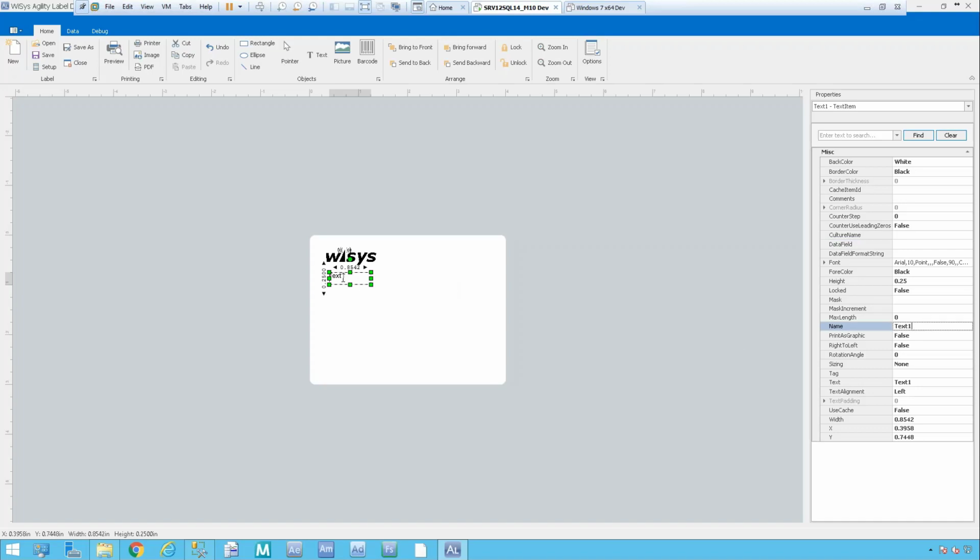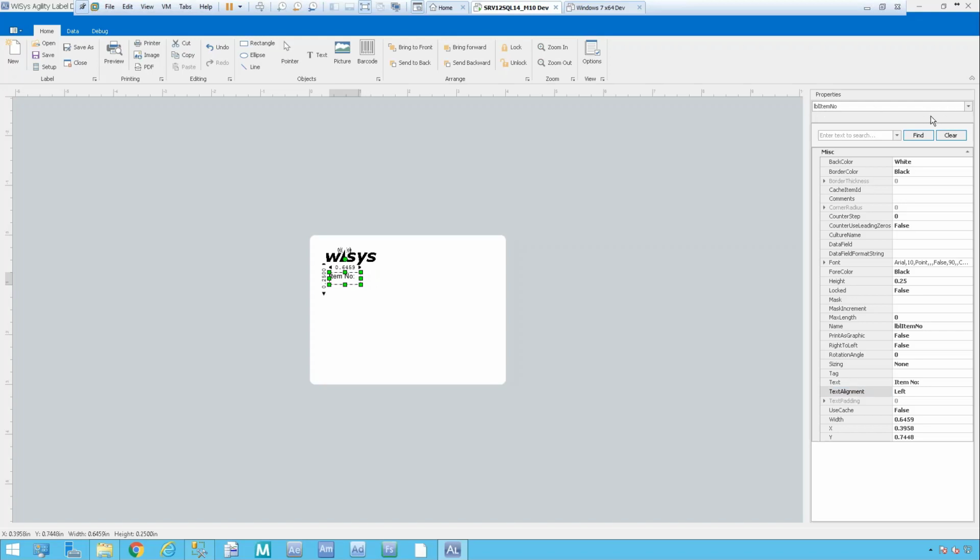Down here, I want to give this field a name. And giving this field a name, when I look through my properties and I want to look at the different things that I have on here, this name tells me what this is. So for me, this is a label. So I always give these, I say label, and this is the label for the item number. Okay? And then I want to come down here and give it text that it's going to display in that particular box. So I'm going to type in item number. And you'll notice it changed that particular text,